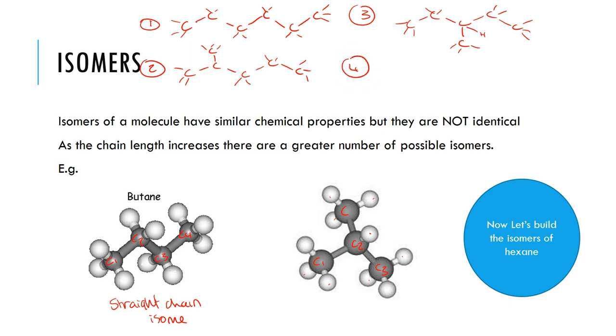So let's see. I'm going to pull off another one and I'm going to make my chain 4 long. And then I'm going to put a branch here and a branch here. Okay, so now I have these 2 branches, but can I put it together in another way again? I think I can. Let's have a look at number 5. If I, 1, 2, 3, 4, if I put both of them off this one here,